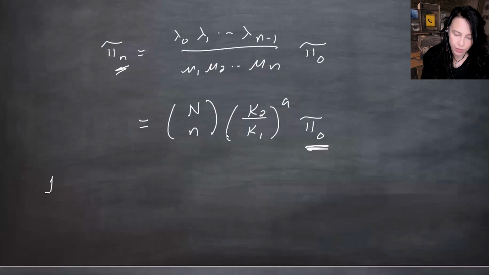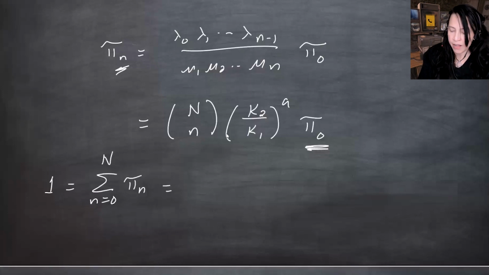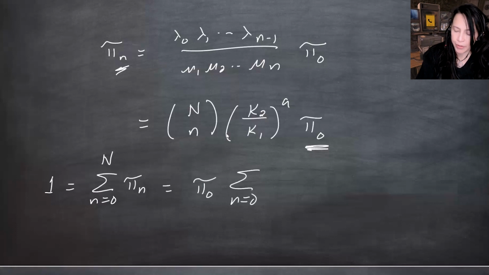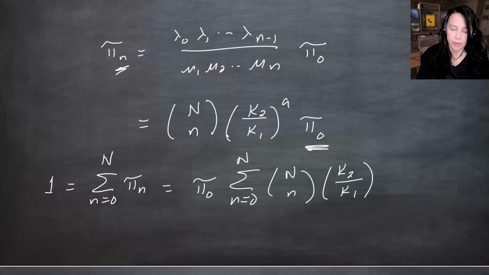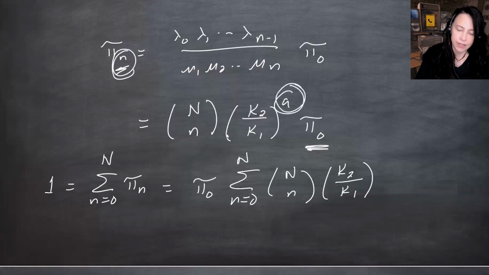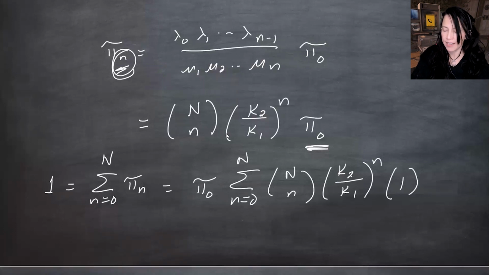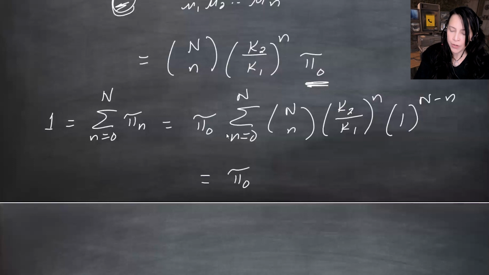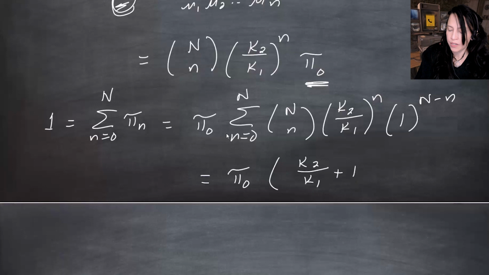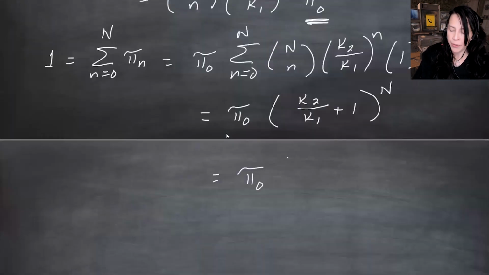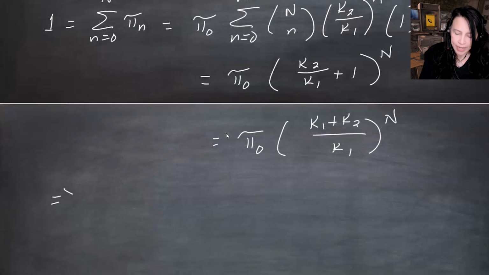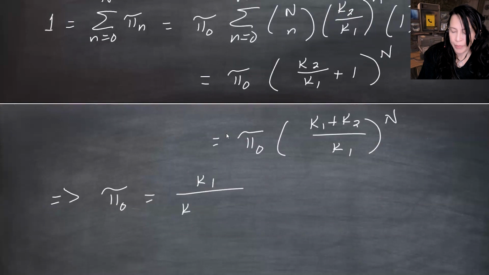So I need to set 1 equal to the sum as n goes from 0 to capital N of the pi n's, and that is pi 0 times the sum as n goes from 0 to capital N of N choose n, K2 over K1 to the, this should not be an A. Either this needs to be an A or this needs to be an N. Sorry about that. This is an n. And this is binomial looking, especially if I put a 1 to the N minus n, I will get pi 0 times K2 over K1 plus 1 to the N power, which is pi 0 times K1 plus K2 over K1 to the N power, which means that pi 0 is K1 over K1 plus K2